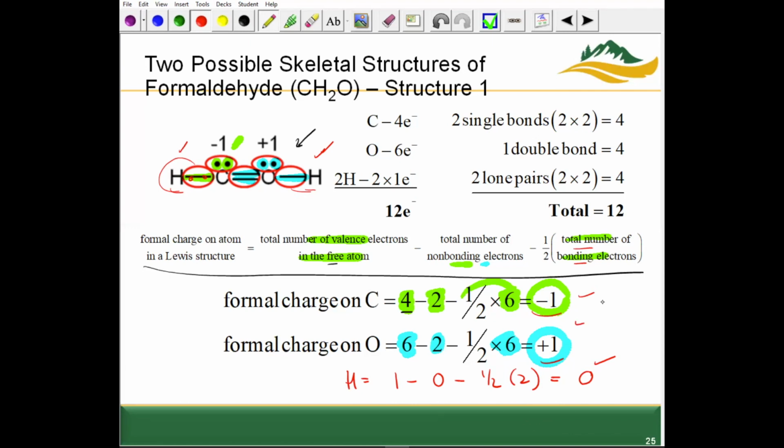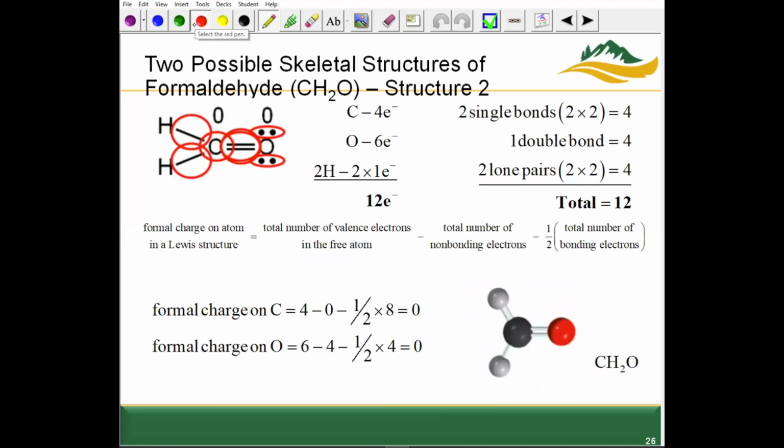They're not -2, they're not +2. They're in an acceptable range for formal charges to be ideally 0, but if they have to be something other than 0, +1 and -1 are okay. For this structure, hydrogen also has one bond coming from it, so for both of those hydrogens, the formal charge